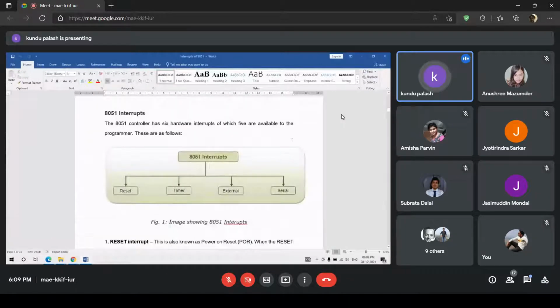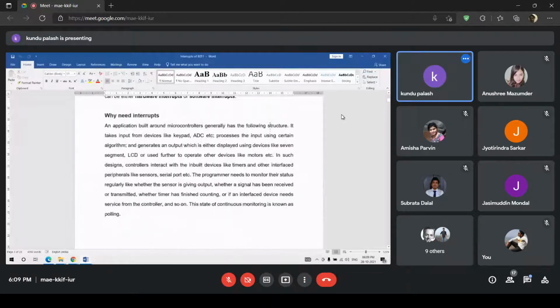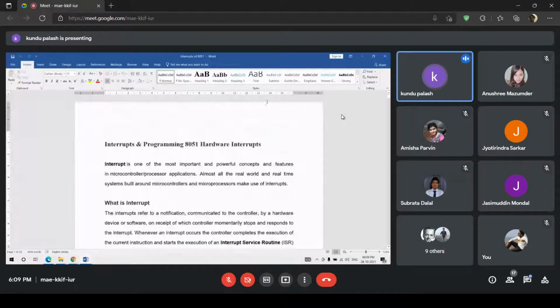Today what we discuss is the interrupt programs. Interrupt programming for the 8051 hardware, external interrupt. There are two types of interrupt that I have discussed. Internal interrupt can be generated by the timer overflow, as well as the serial data communication resources. But externally, with the application of transitions of the logic signals from 0 to 1 or 1 to 0,